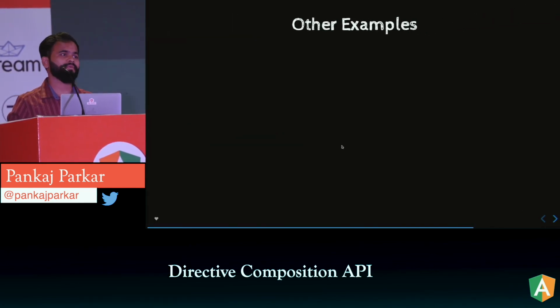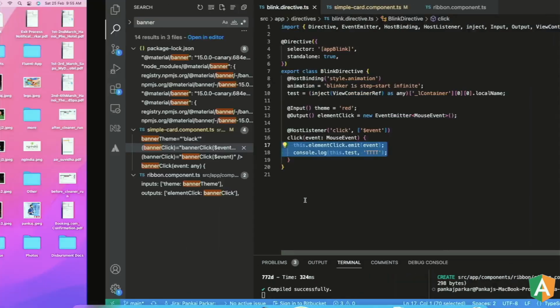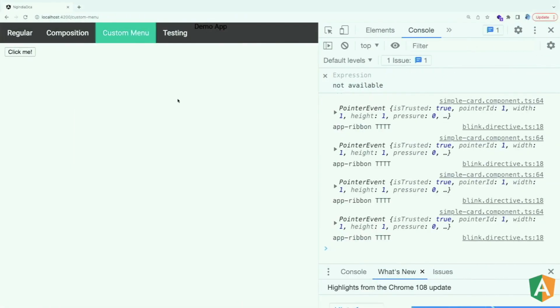What are the other examples? That was the CDK thing, right? If you are not building UI libraries, where should you use this kind of feature? So the other example is testing ID. So what is a testing ID directive? I will first show the example and I will explain the behavior of it, where exactly it is used.